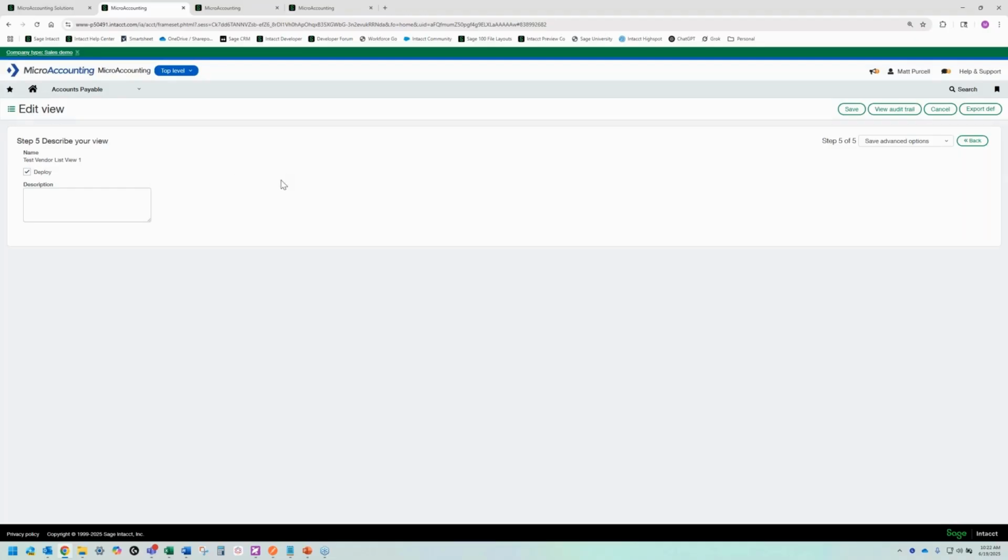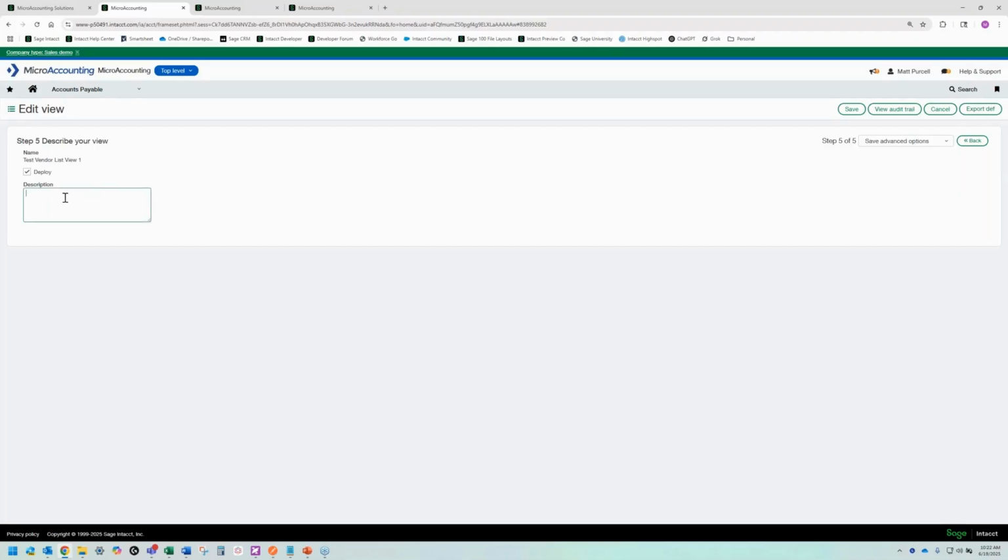But if you're creating a list view that's just for yourself, I would not check that box, because it'll add this list view to the list of custom views and just crowd up that little drop down screen. So just something to be careful with, but it can be useful if you need to.